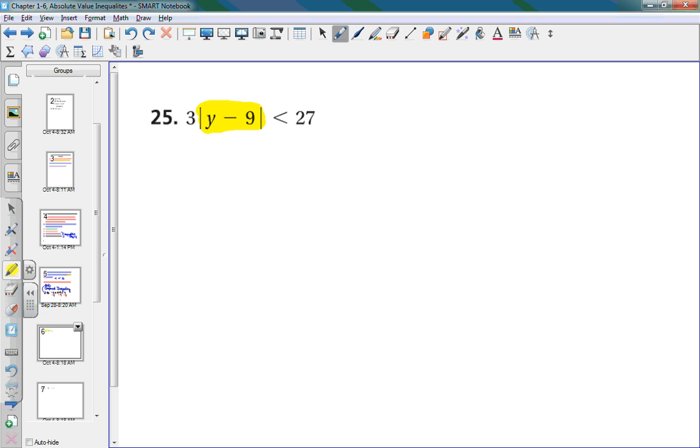But the question I have for you is, do I really want to divide by 3? The only way I can determine if I want to divide by 3 is I need to look across the equal sign and say the number across the inequality symbol here is 27. Is 27 divisible by 3? Yes, it is. Since 27 is divisible by 3, would it benefit me to divide both sides by 3? Yes. What if it wasn't divisible by 3? Would you want to divide then? No, because then you'd be dealing with an ugly fraction. So what we're going to do is we are going to divide by 3